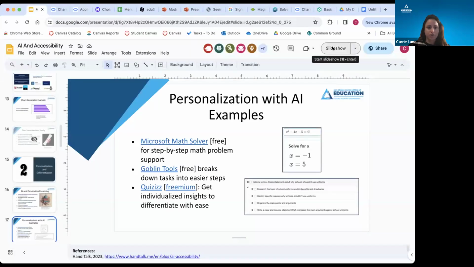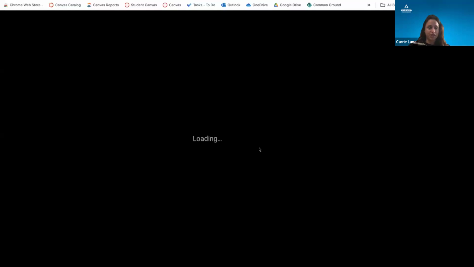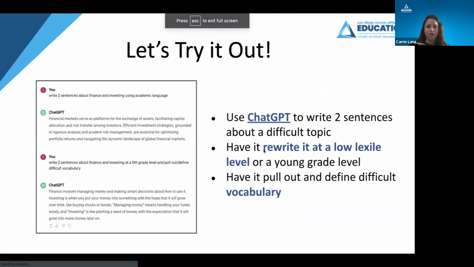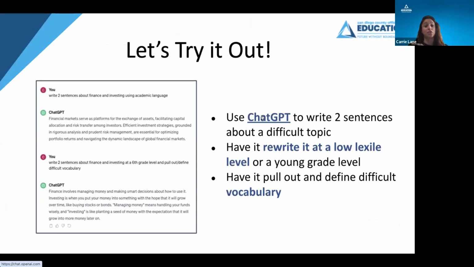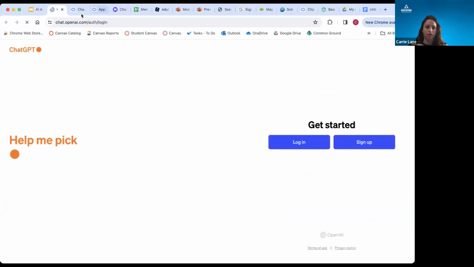All right. So those are some examples of personalization with AI. And then the other thing I thought would be fun is to show you what it could be like if you have a really difficult topic or difficult text, and then you have it rewritten at a different Lexile level or a younger grade level, and then have it pull out the information. So,